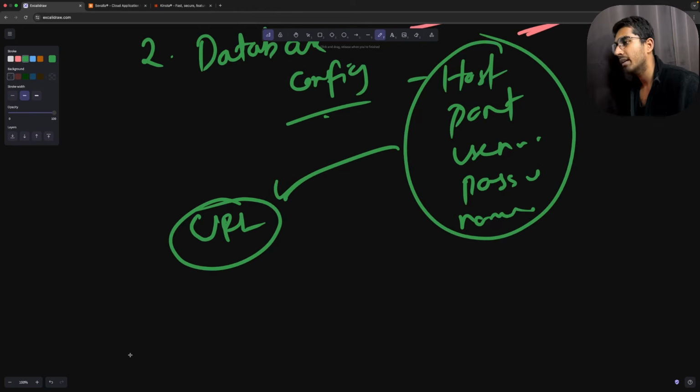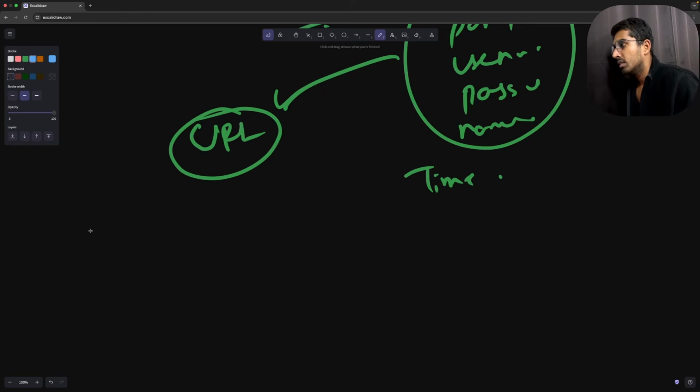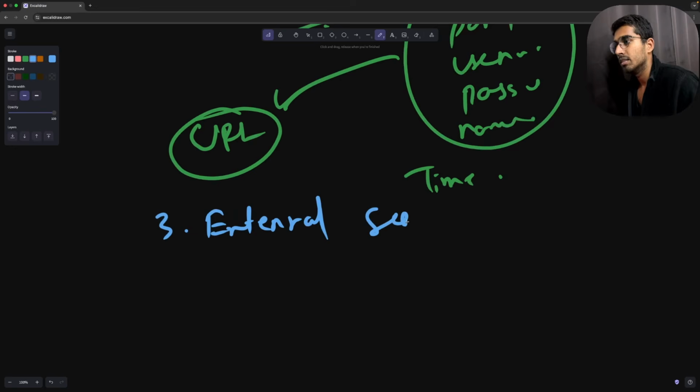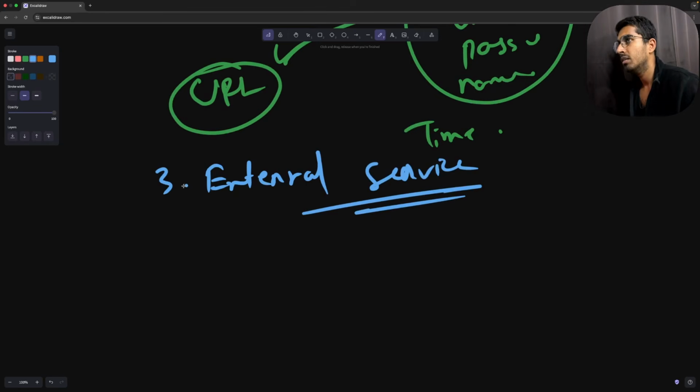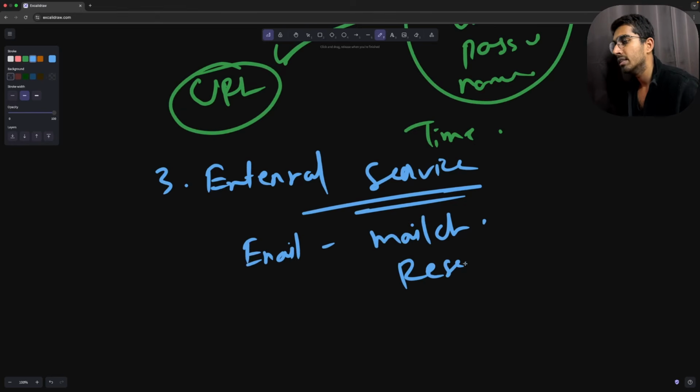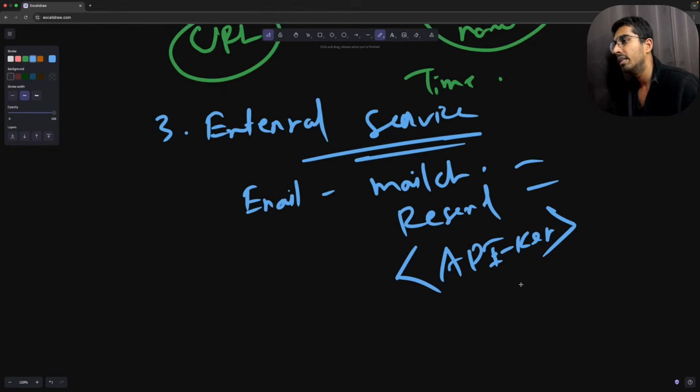It might also have other parameters, things like timeouts, how long your database query should run for before it times out. Moving on, the third type of config that we can have is external services. Now, external services can be a lot of different types. If you are using emails, then you might have an email provider like MailChimp or something modern like Resend. Does not matter what provider that you use. You'll most probably have some kind of API key in your config that you will need to send the emails